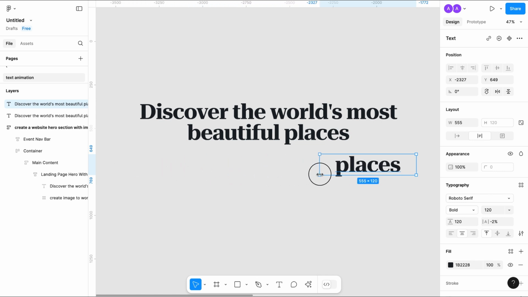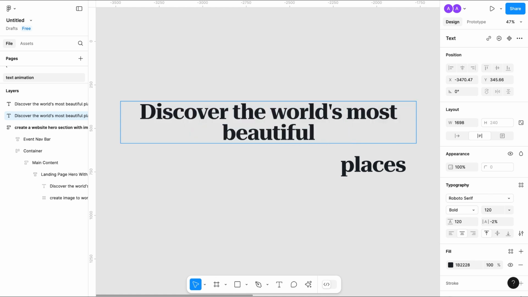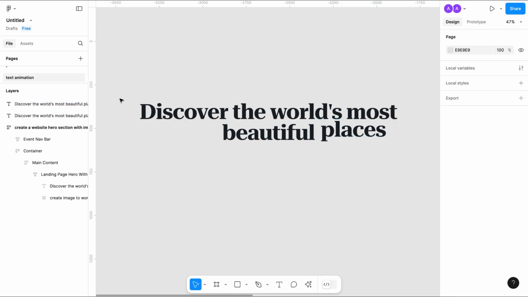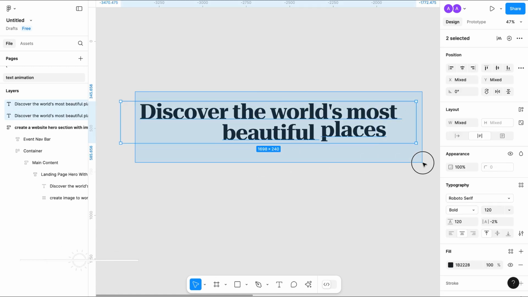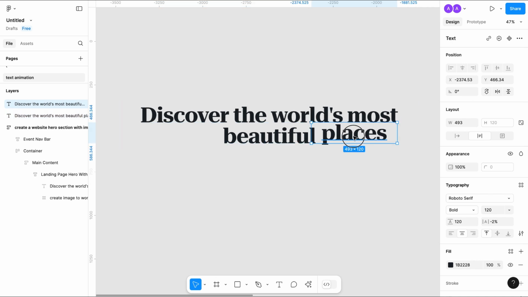I'm going to resize the text here and I will remove these places from here and put this frame exactly aside of this. So just select both text, make sure it is aligned, something like this. Yes, now hit enter, again hit enter